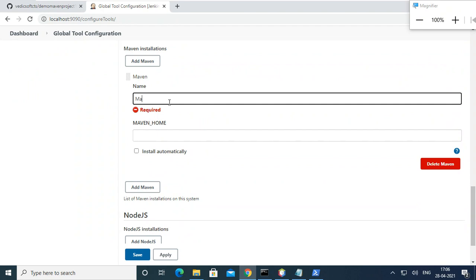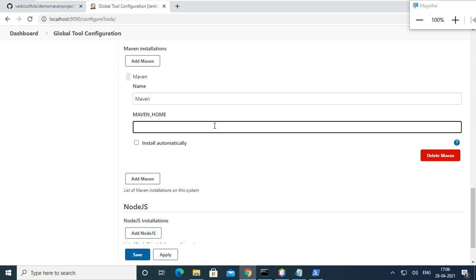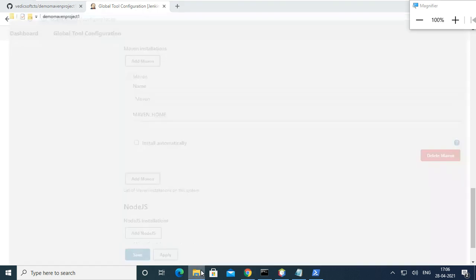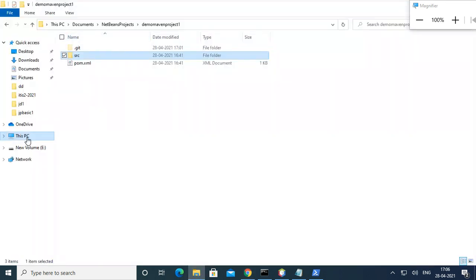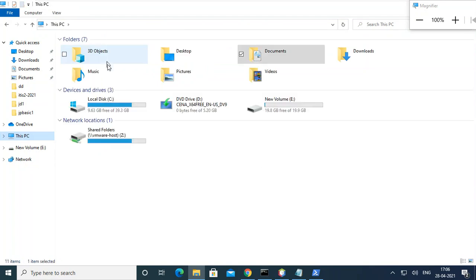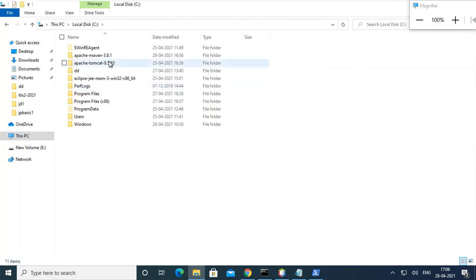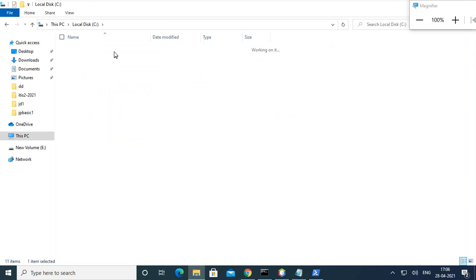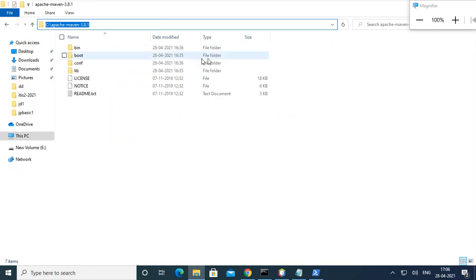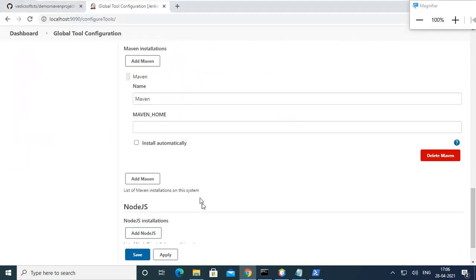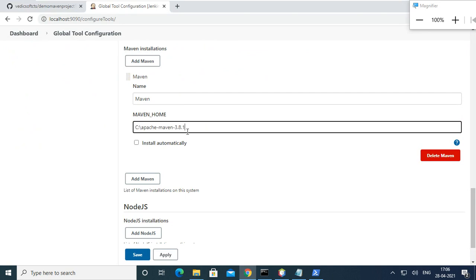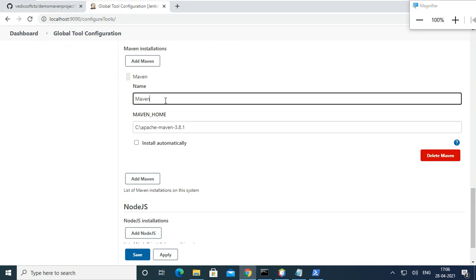So here it is, MAVEN_HOME. I have to give the home directory where Maven is located. So it is in my C drive. So I gave Maven here.